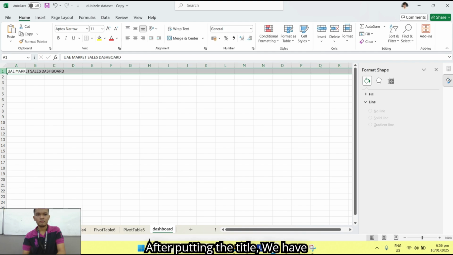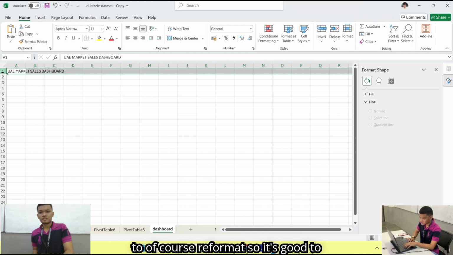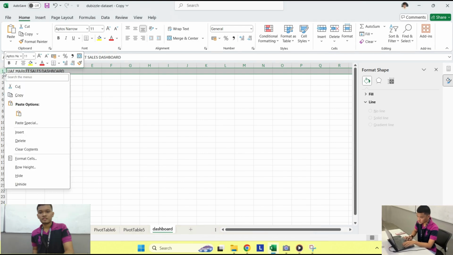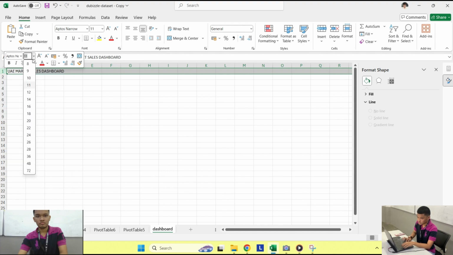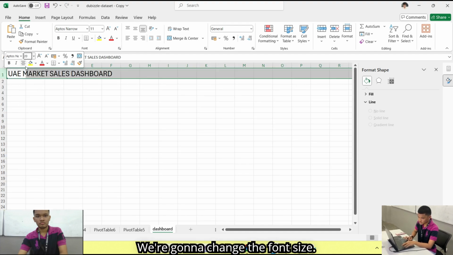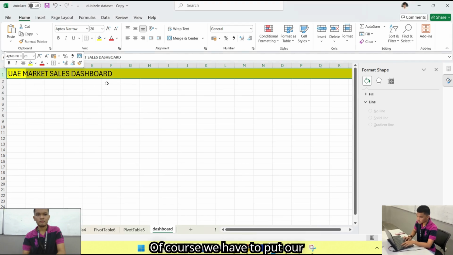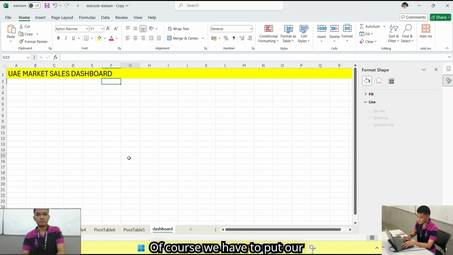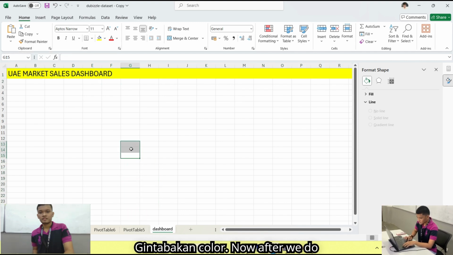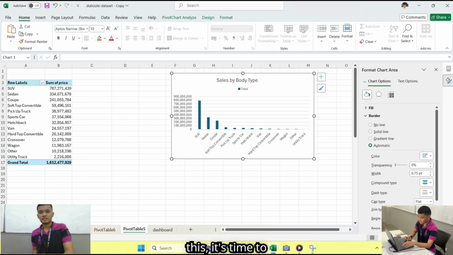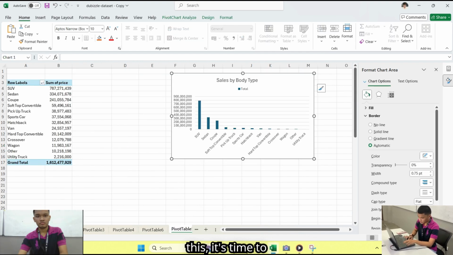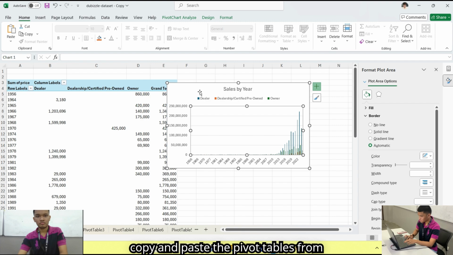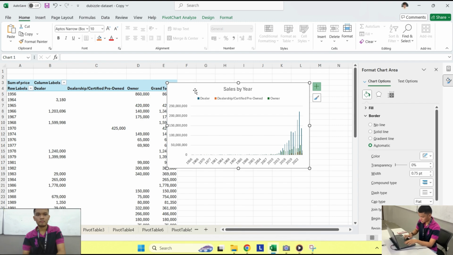After putting the title, we have to, of course, reformat. We're going to change the font size and the background color. Now, after we do this, it's time to copy and paste the pivot tables or the charts from earlier.